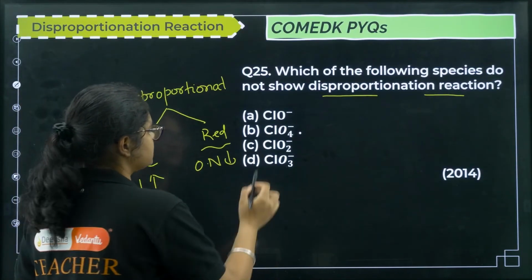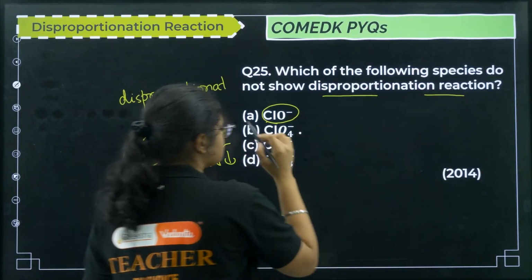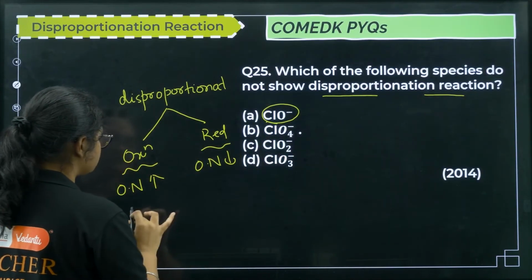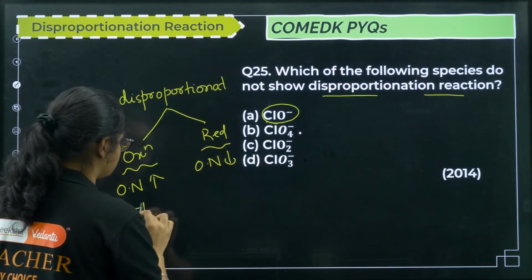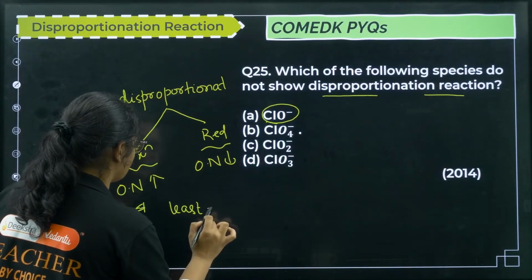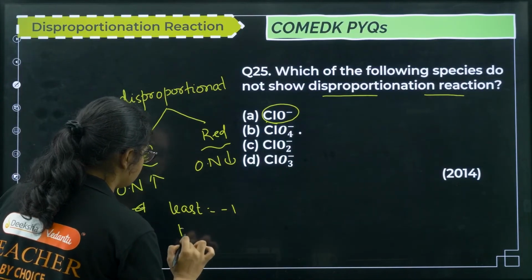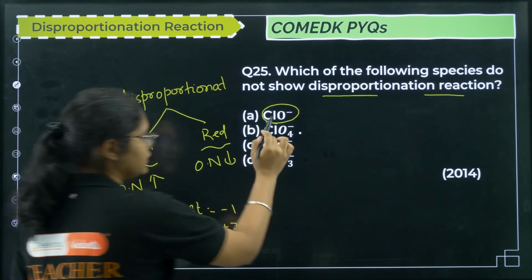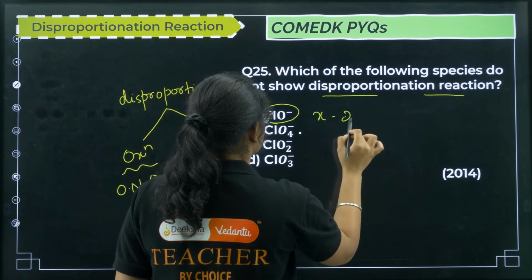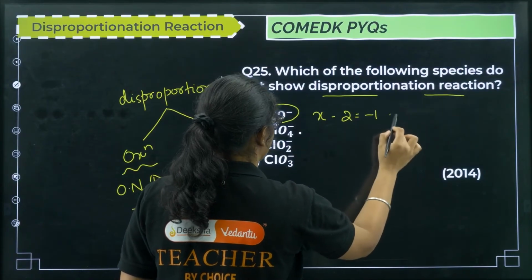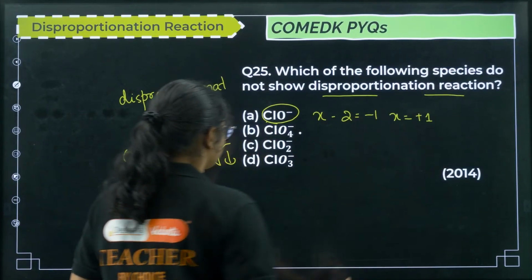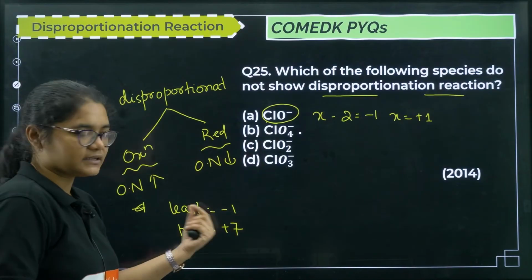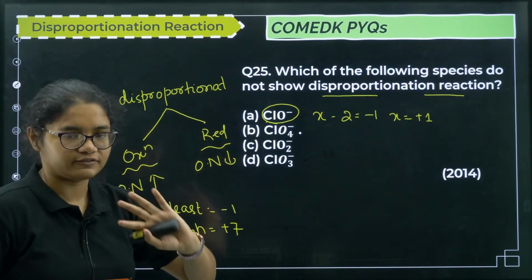Now if you see the first option, Cl, what is the oxidation state? So for chlorine, the least oxidation state is -1 and the highest one is +7. Now if you see here, x - 2 = -1, so I will get x = +1, right? So from +1 it can also increase, it can also decrease, so it can go to disproportionation